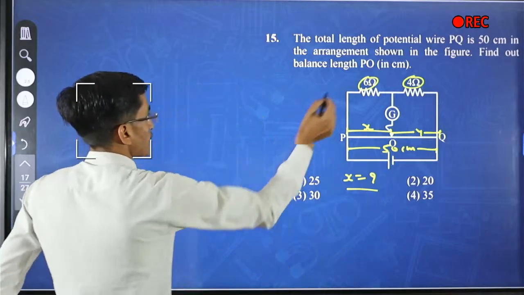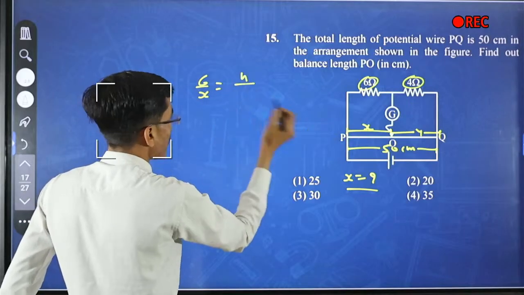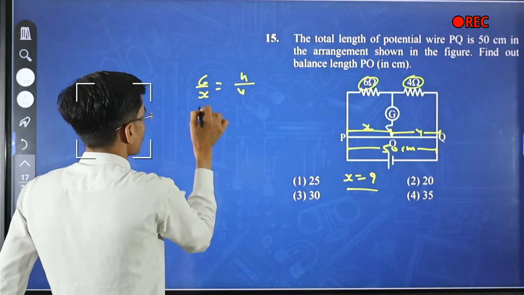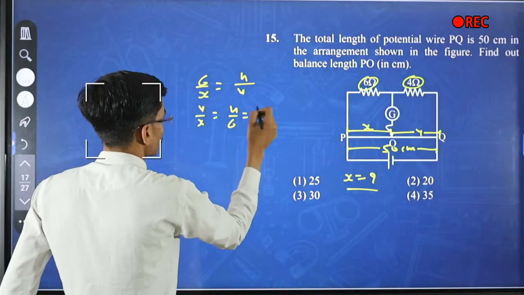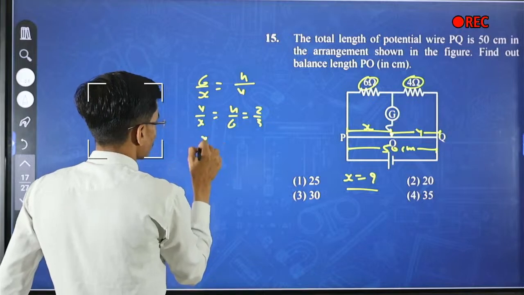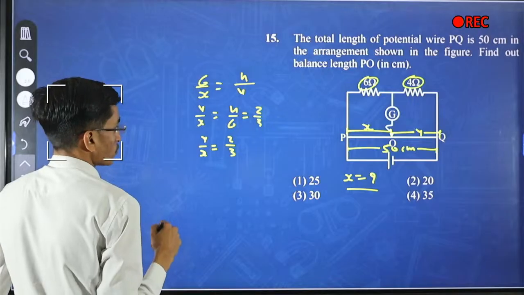From the meter bridge we know that 6 divided by length x is equal to 4 divided by length y. From this we can say that y by x is equal to 4 by 6, so 2 by 3. So y by x is equal to 2 by 3. We have to find x. So further,